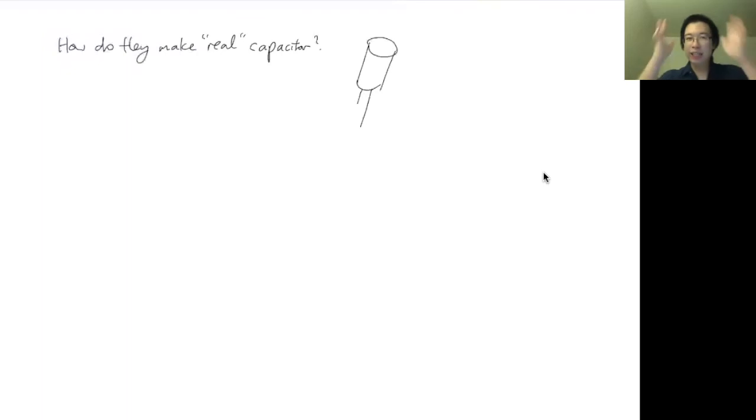So, how do they make "real" capacitors? I'll put it in double quotes because what I've described is a real capacitor. Well, we shouldn't discriminate against that capacitor. But when I say real, I mean in real life. So you see these little cylindrical things with 2 legs like this. If you take 2 pans like this, it's not very economical, right? You don't see a huge pan when you try to charge your iPhone every time.